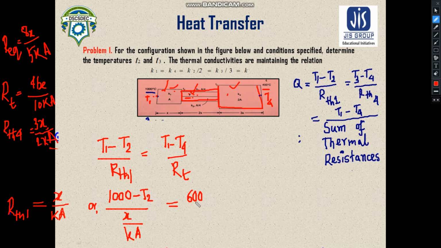Very easy to understand. And we have found this RT as 41x divided by 10Ka. So you can understand that these x by Ka terms are alike terms, so they can be moved away from this equation, and simply after the